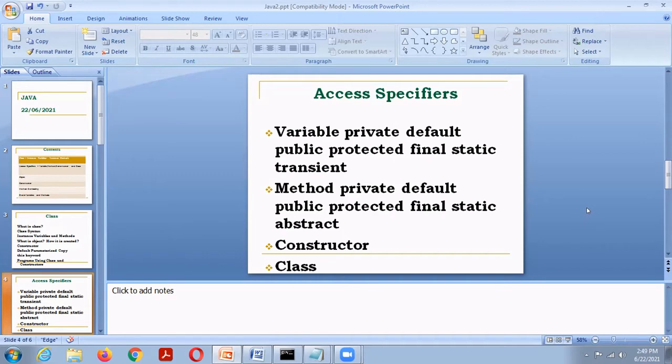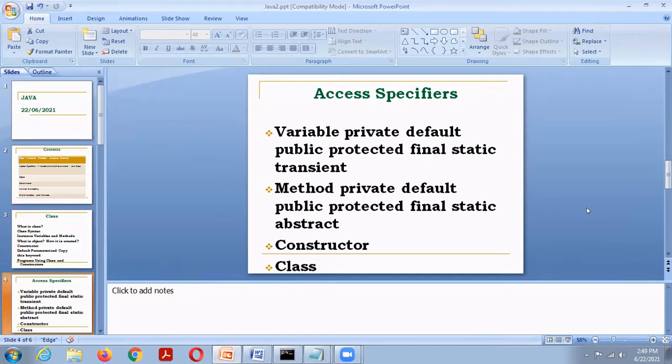In Java, the class contains no sections, but here we use modifiers. There are four types of modifiers in Java: variable modifier, method modifier, constructor modifier, and class modifier.